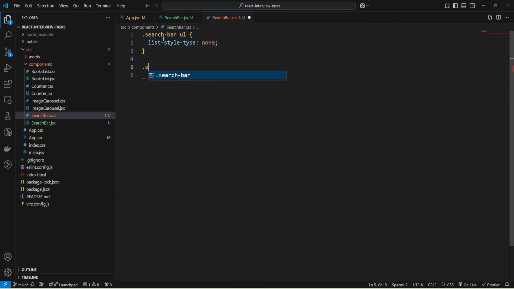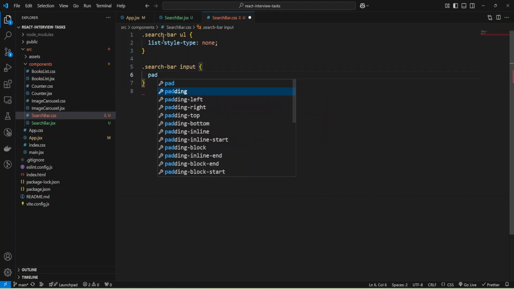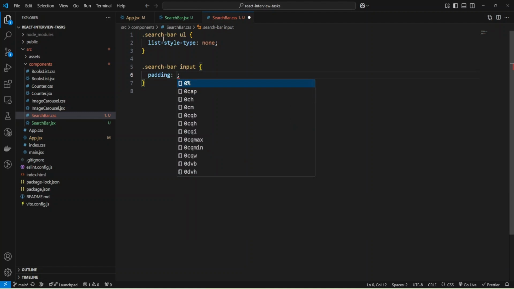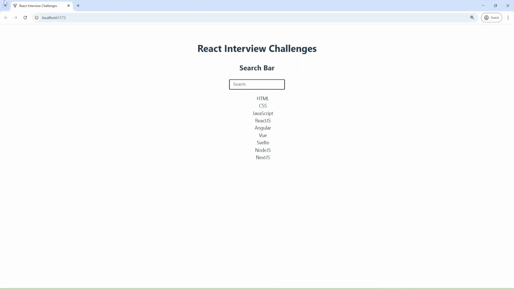And also I'm going to add styles to input, and we'll add padding like 0.5 rem and also 0.7 rem for left and right. And let's check. Okay, and as you can see, the styles were changed.